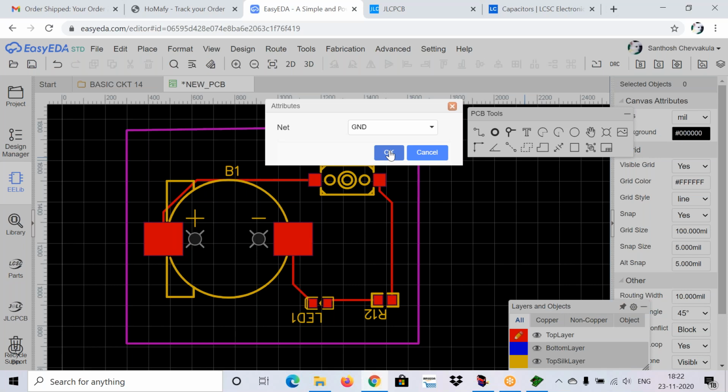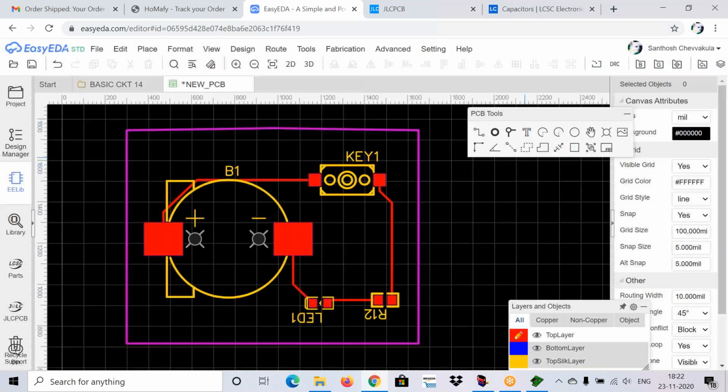Now you will observe a red color line like this. The copper area should be given in such a way that you click on the 4 corners of your board, and you need to match the starting and ending point of your copper area.